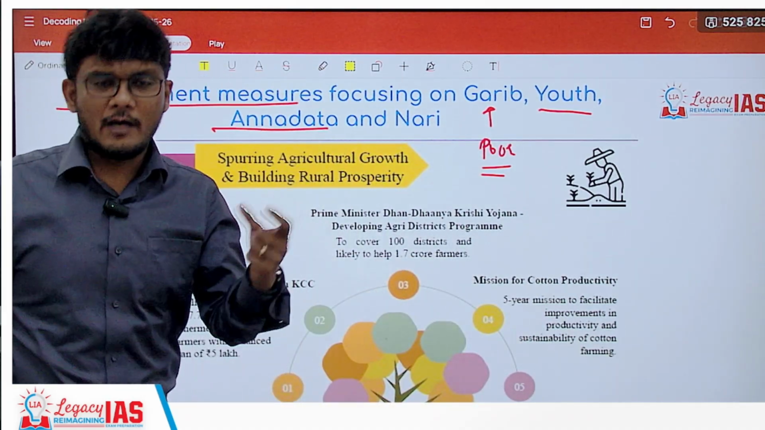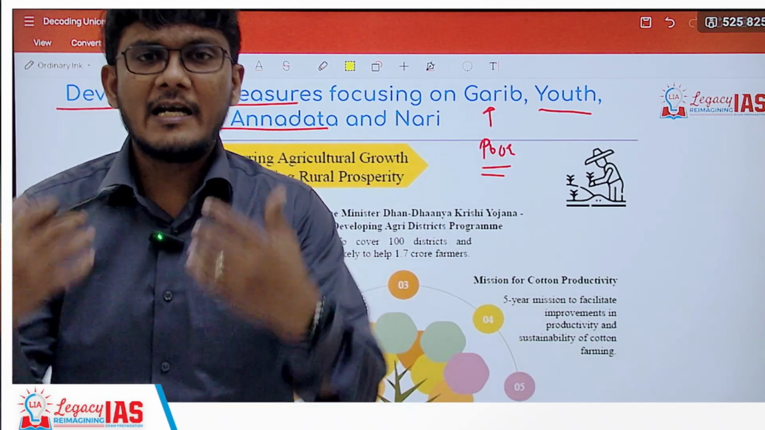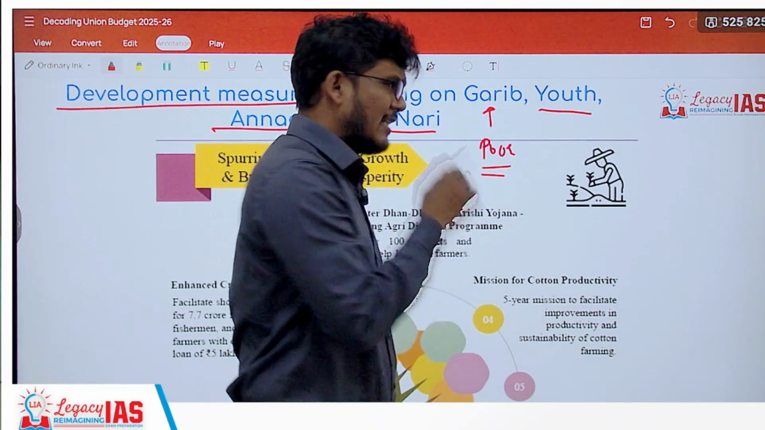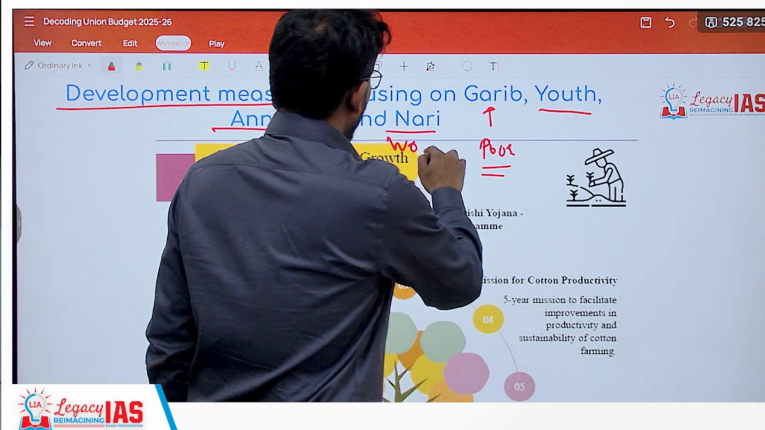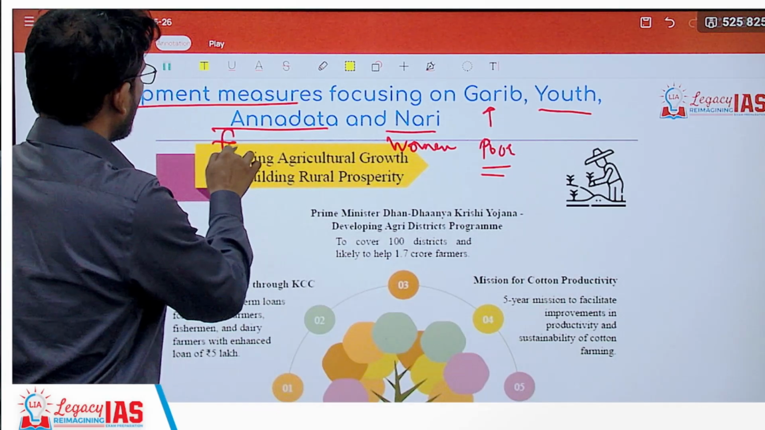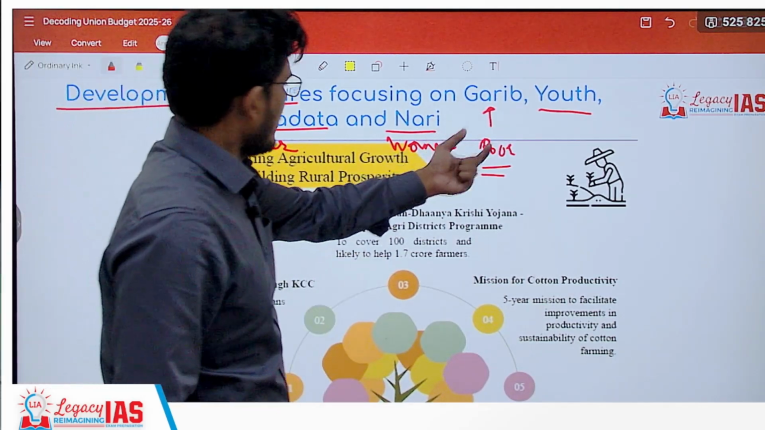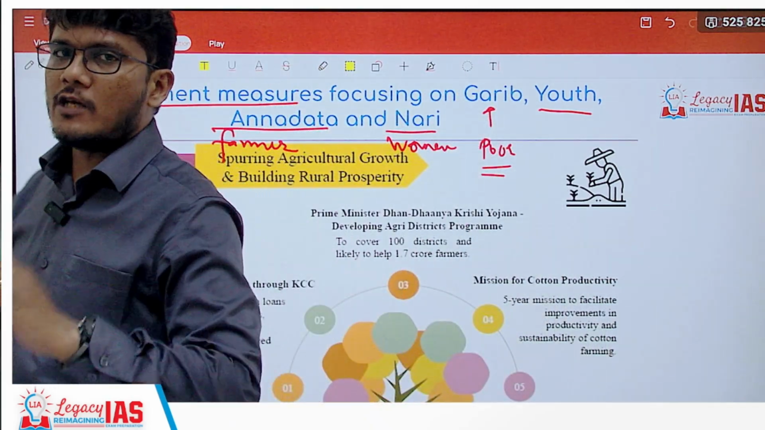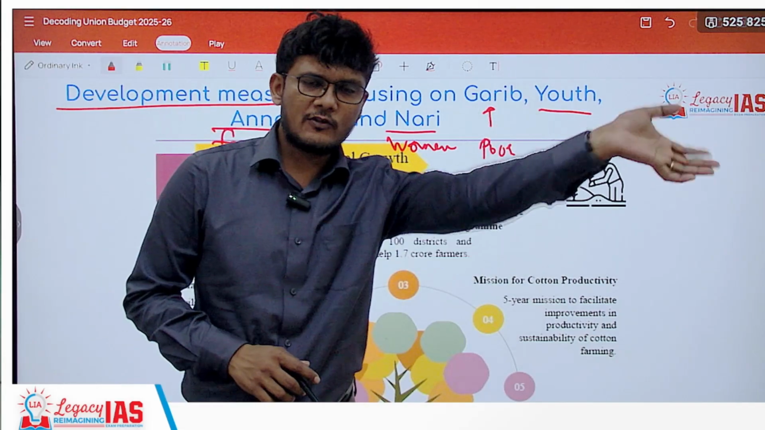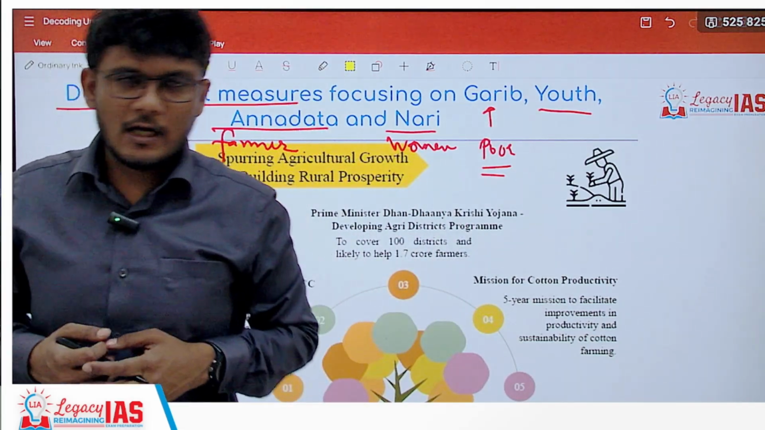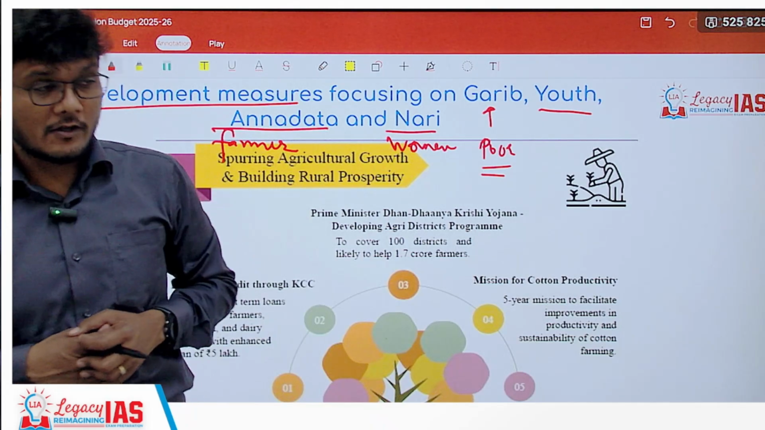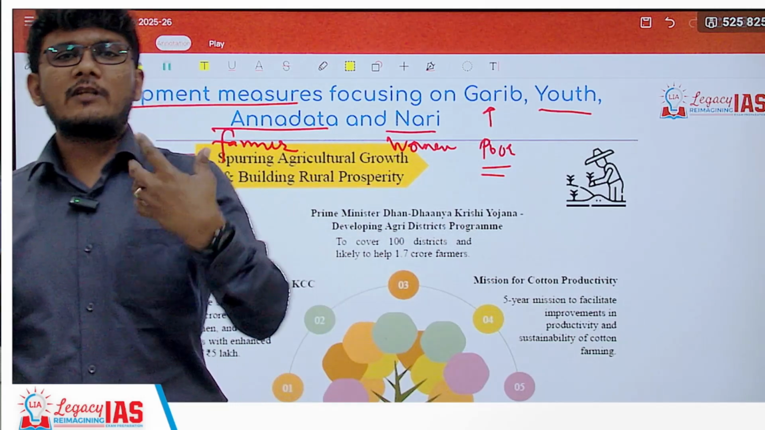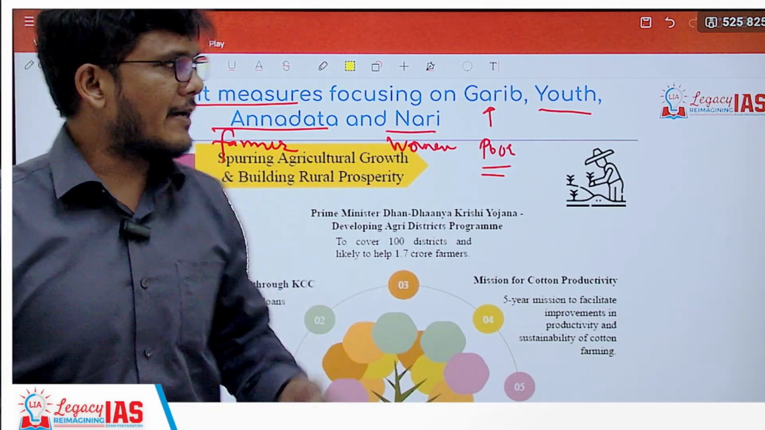Annadata means the farmer. Annadata means the person who gives anna. Anna means food grain. Annadata, farmer. And nari means women. So a special focus on poor, youth, farmer and women. Now this has been the focus in the previous budget also. Previously, last fiscal, there was an interim budget which had come due to the general elections. Now the same focus is continuing and more things are coming up and will be implemented with respect to focus